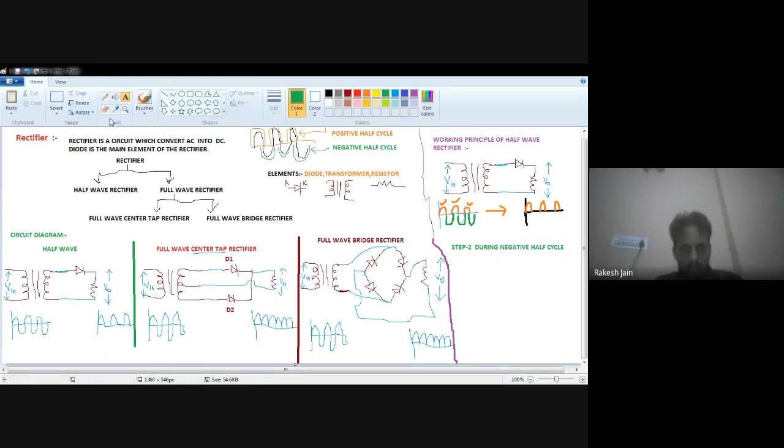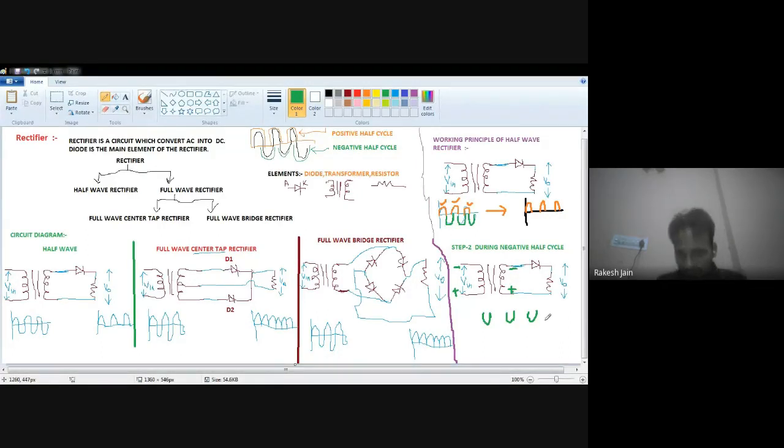First of all, I have to draw the circuit diagram again. So this one was my circuit diagram of the half wave rectifier. Now see very carefully, we are going to complete this topic. Now during the negative half cycle, it means during this side which I marked with the green color in the circuit diagram, what will happen? So how to show the negative half cycle? Upper terminal is negative and lower terminal is positive. This is the negative half cycle. In all kinds of rectifiers, we will show it like this.